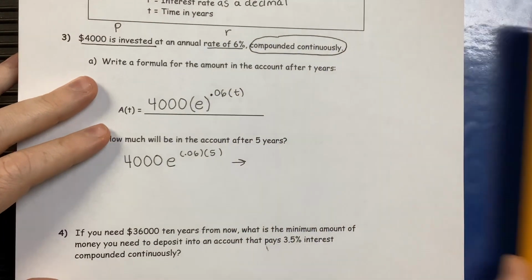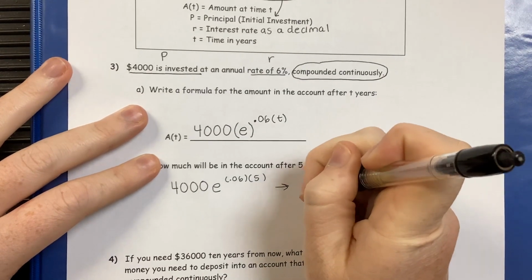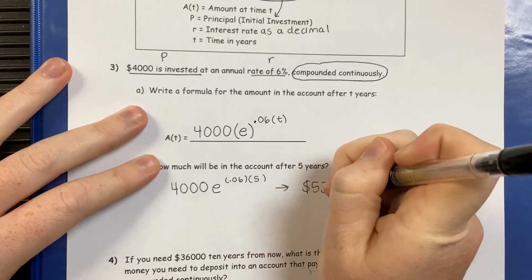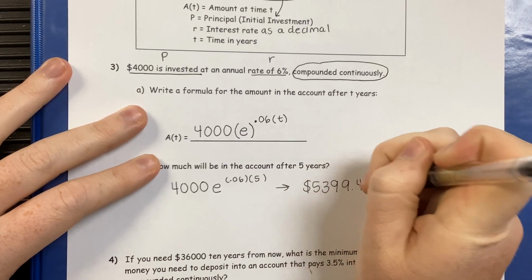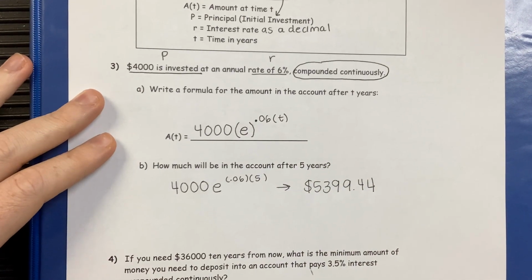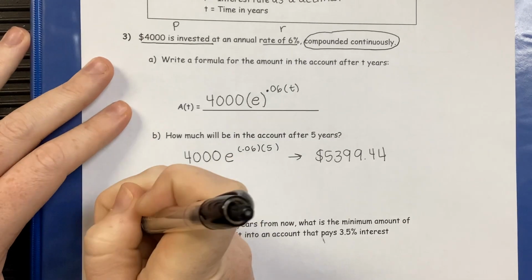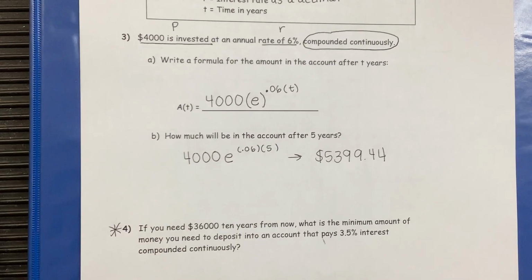So we're going to end up getting $5,399.44. All right. We're going to do 4 in class tomorrow, so make sure you guys get those notes done